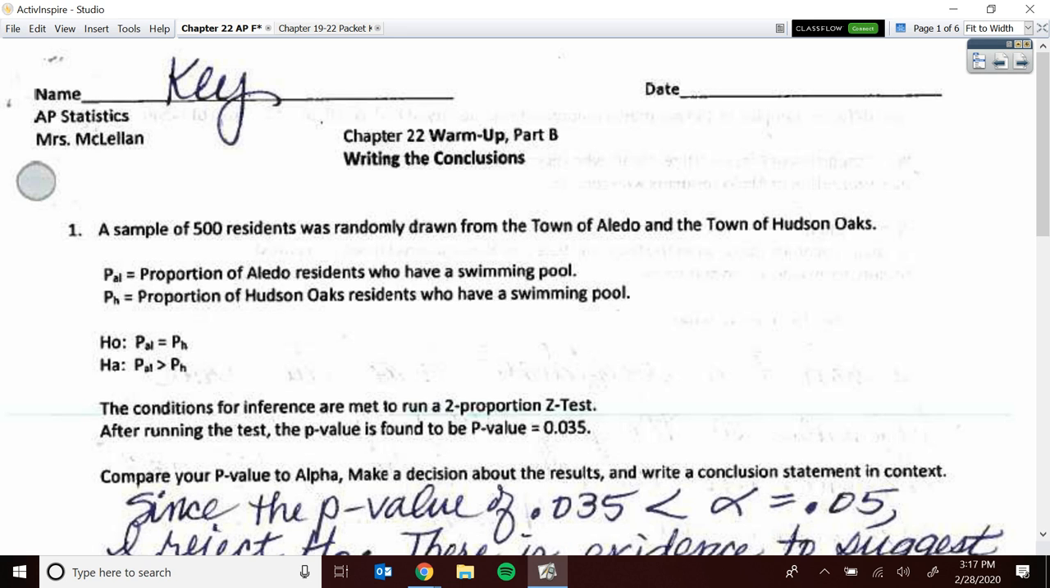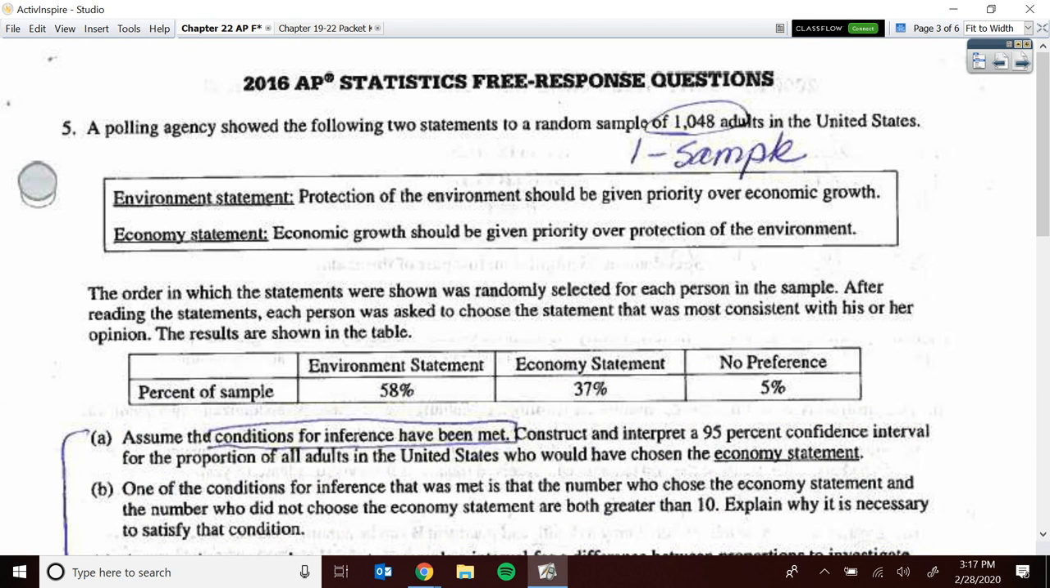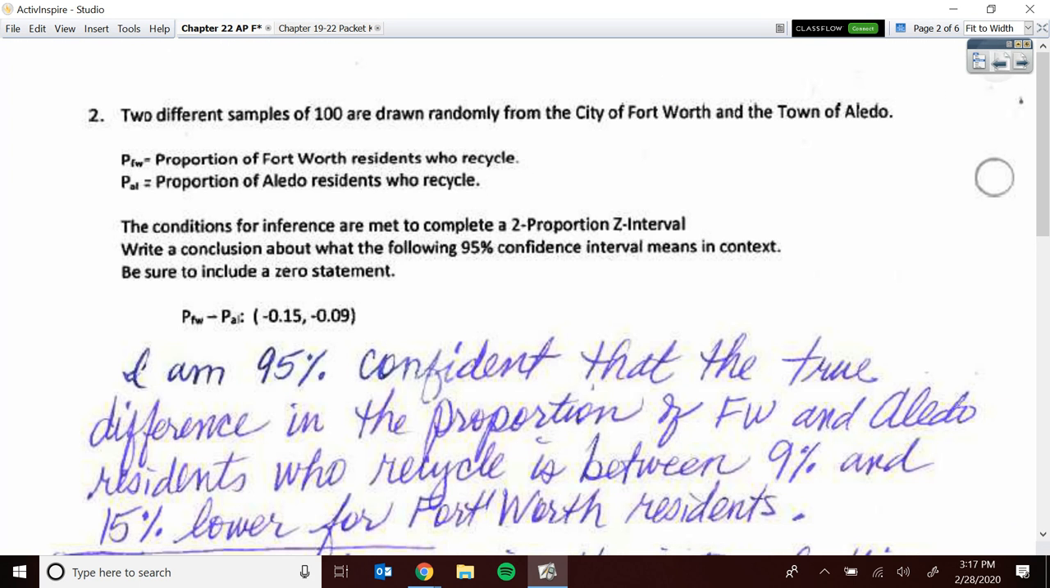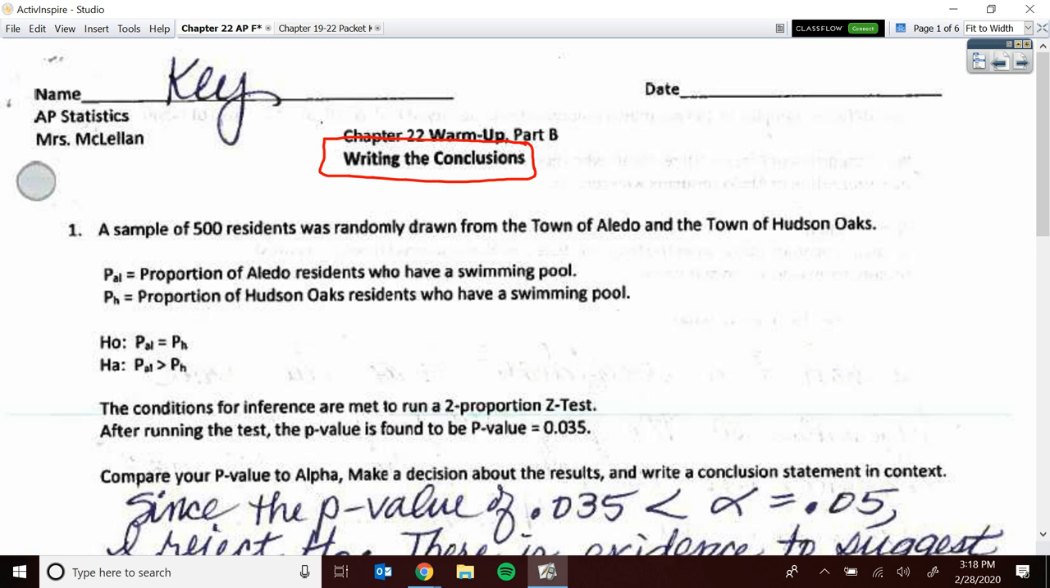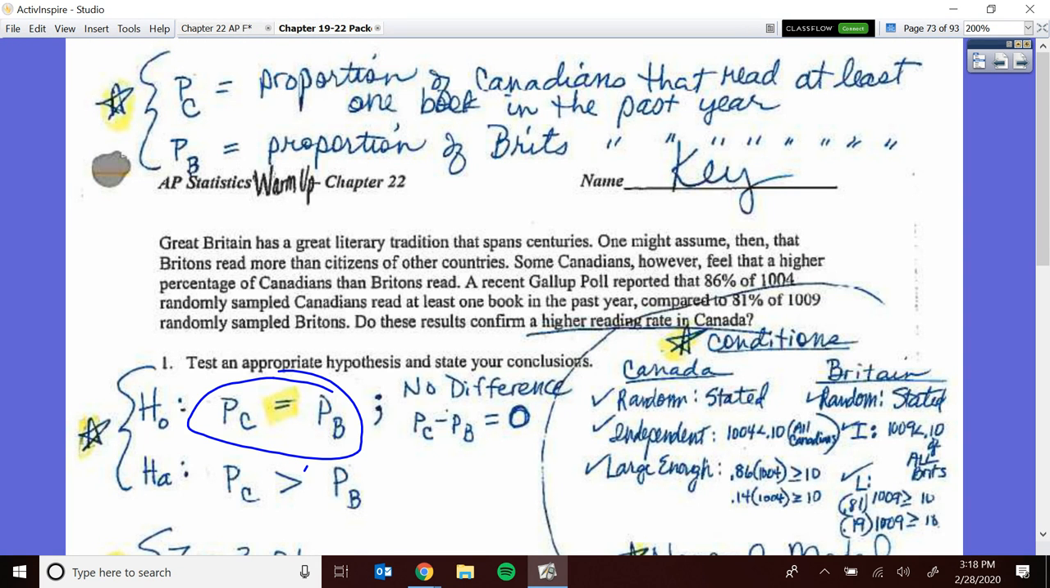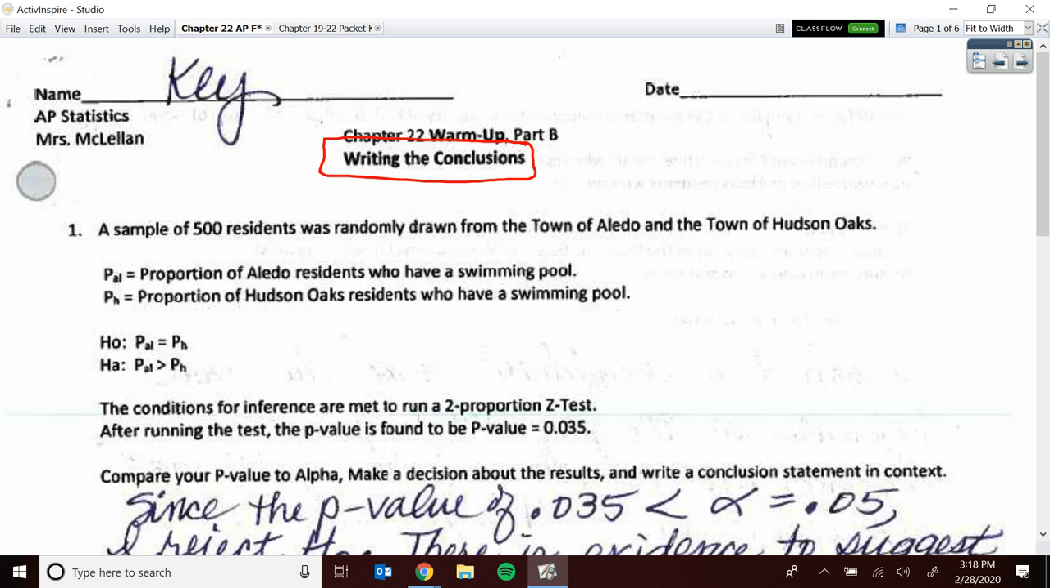All right, we're going to go ahead and go over the Chapter 22 warm-ups. One of them is completely about writing conclusions, and then the other one has got a phantoms and a panic on it. Okay, and so we'll talk about that right there. It's got your phantoms and your panic. All right, so this first one,